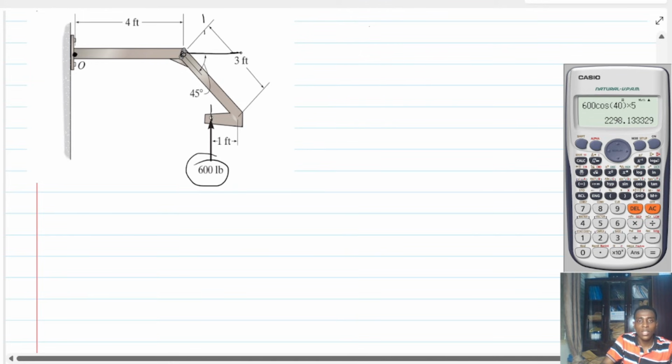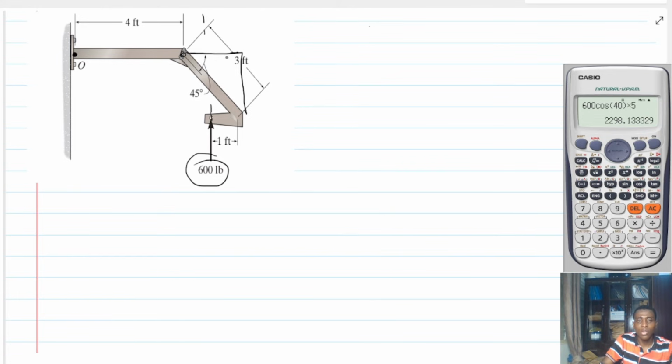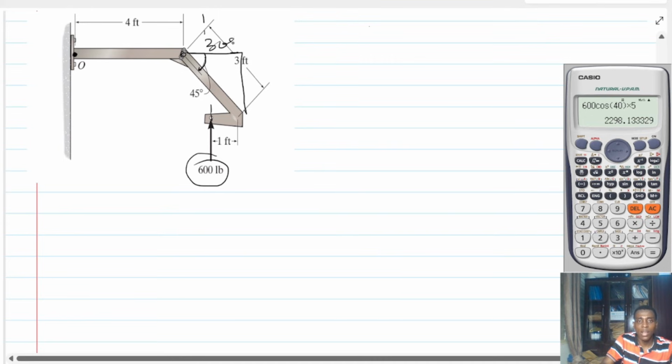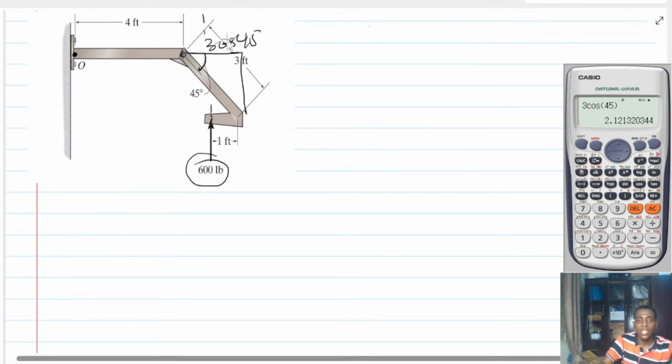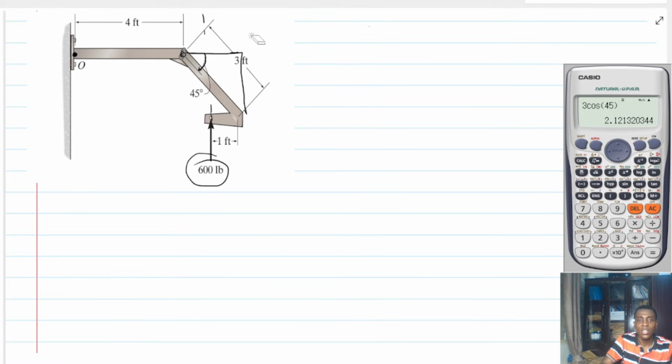into horizontal and vertical components. Now the horizontal component is going to be what? It's going to be 3 cosine 45. What is 3 cosine 45? That distance is 2.12. It means that the whole of this distance here is 2.12